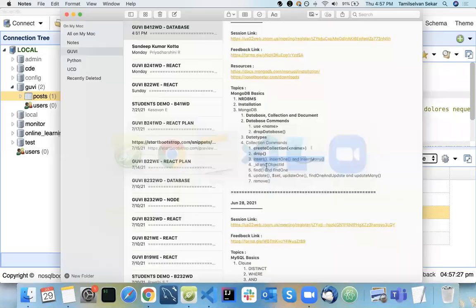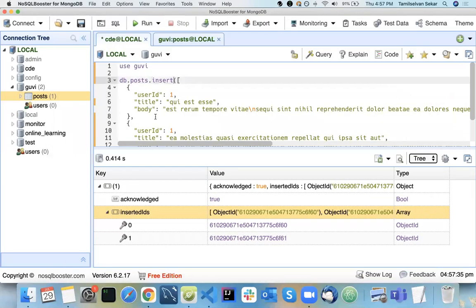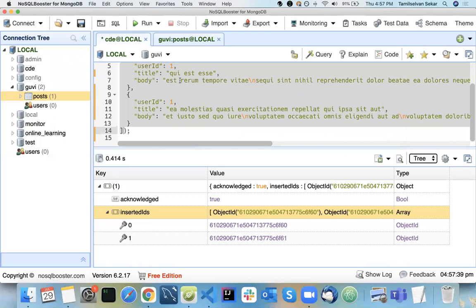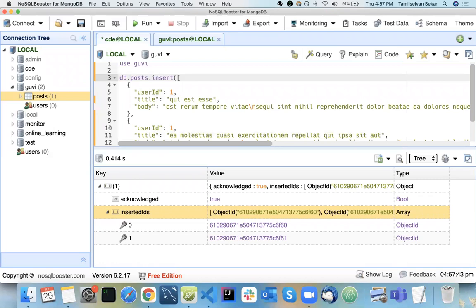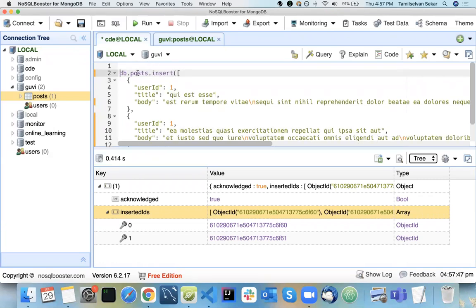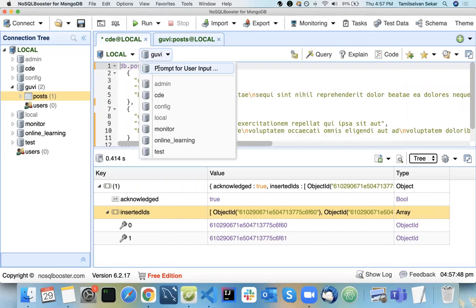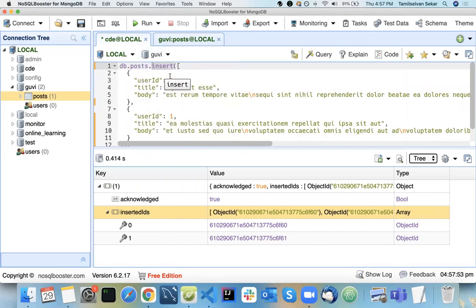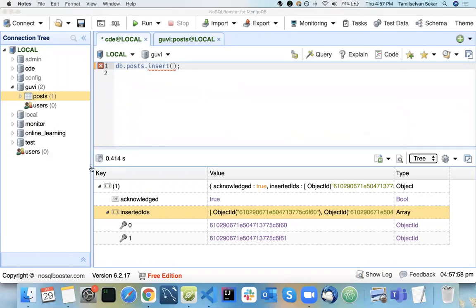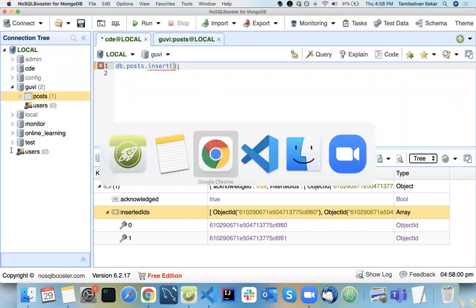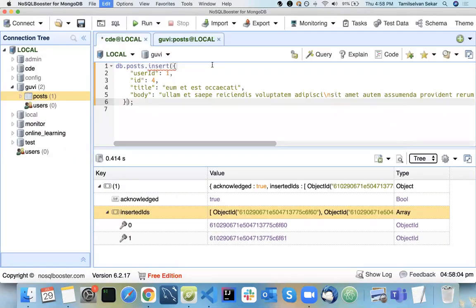So then what is the purpose of insert? Insert supports both an array and only one data alone. You can use your insert statement as an insert one, or as an insert many. First I will show it as an insert one. Here I can pass a JavaScript object. I'll pass this here, and it is inserted.